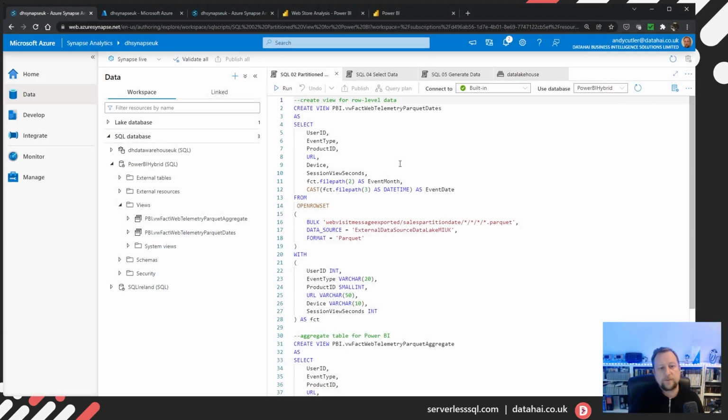So if we jump in to Synapse Studio, we can see I've already created a Serverless SQL Pools database, Power BI hybrid. I've got a couple of views that I've created. The first view is connecting to my data lake, and I've got some data in Parquet file format. Okay, so if I have a little look,